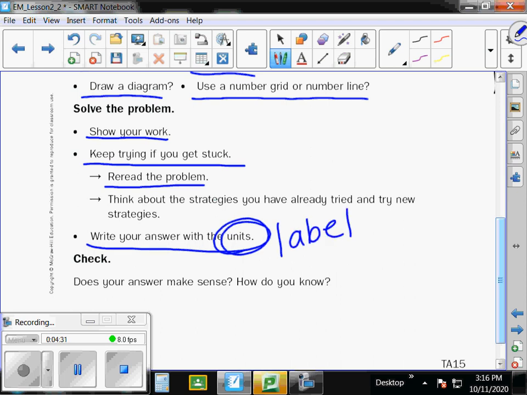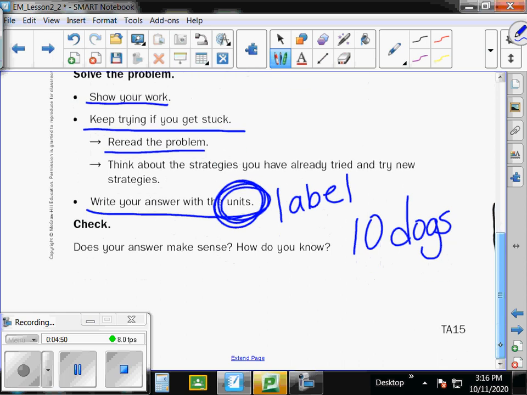Okay, if you're trying to figure out how many dogs there are, then when you put your answer down, let's say you found out that there were 10 dogs, then I need you to write the word dogs. Okay, so always label your unit. Okay, and then, oh, boys and girls, this part is so important. Boys and girls skip this step all the time. When you're done, when you think you're done,